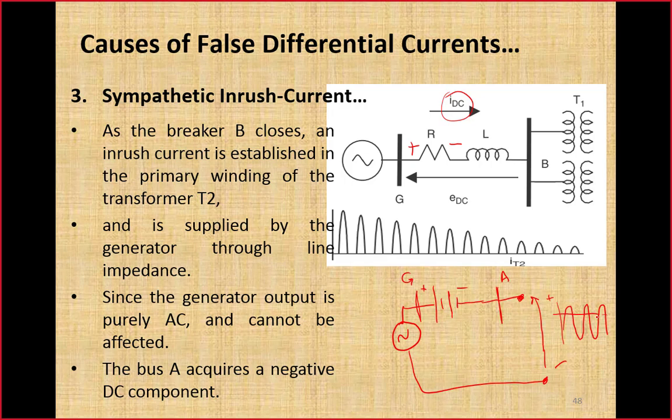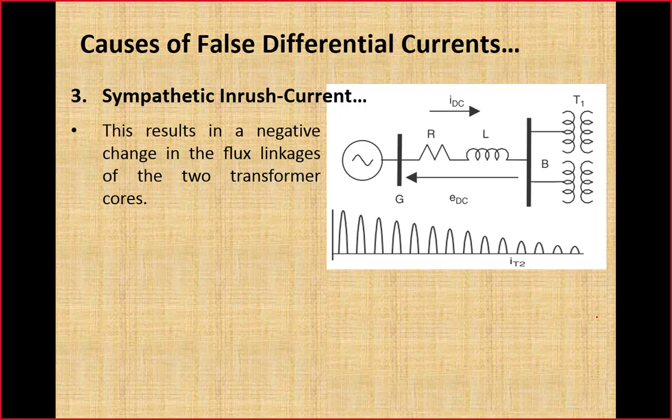So the DC bus will acquire a negative DC component. What will happen due to this negative DC component in bus voltage? This results in negative change in flux linkages of two transformers. So the transformer T2, which we have just energized, was in saturation region in positive direction. That negative component in voltage of this bus A will take this transformer out of saturation, and transformer T1 that